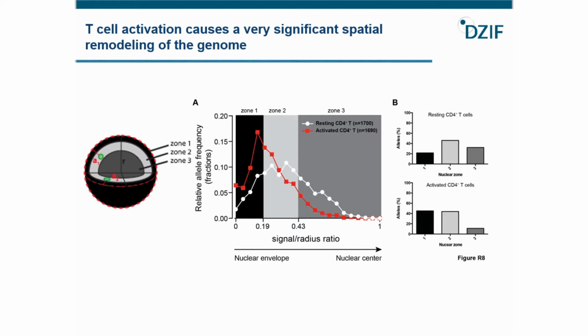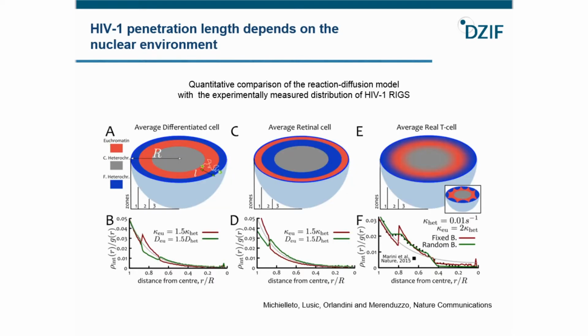So genes with super enhancers seem to be the driving force behind, let's say, the changes in the genome of T cells. And an interesting correlation also came out recently from a work that I did in collaboration with my